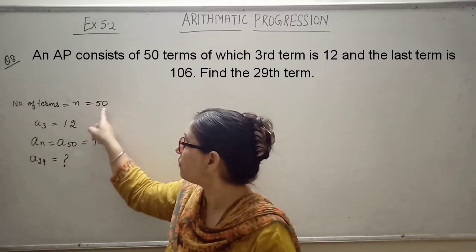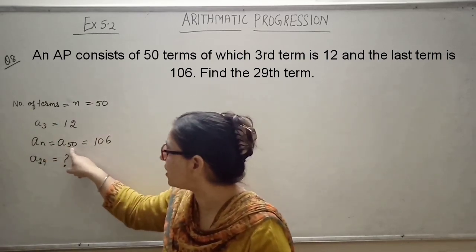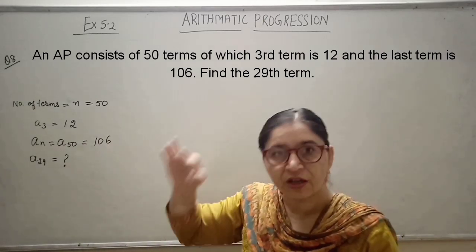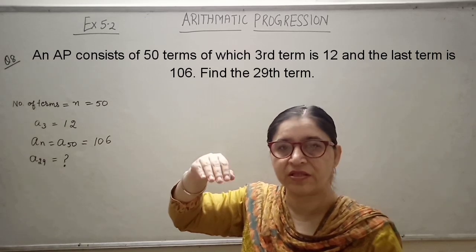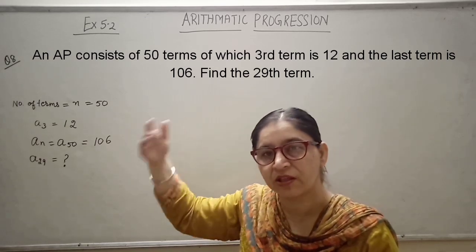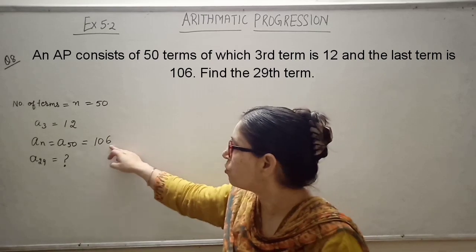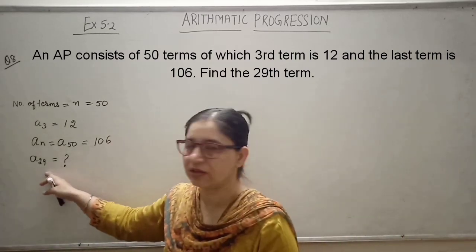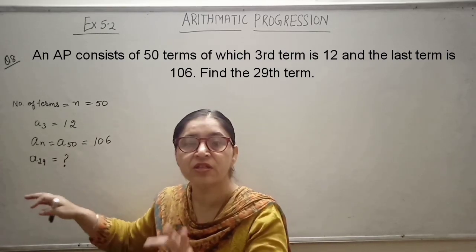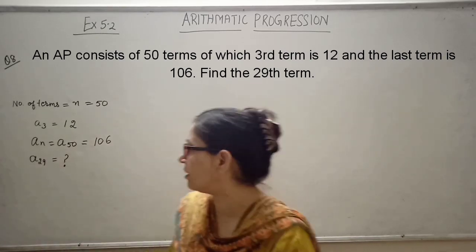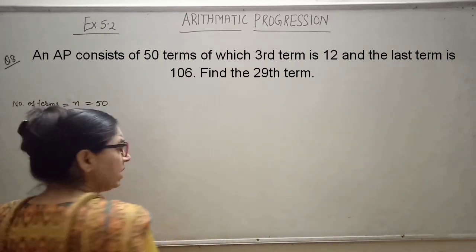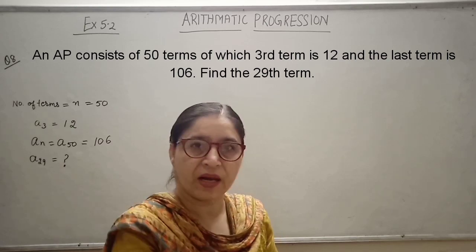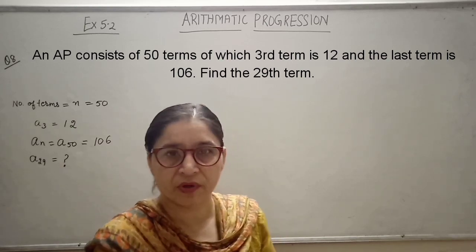But n is 50, so an is A50, which is given to you as 106. Means as we go through the first term, second term, third term, and reach the 50th term, its value is 106. And you are to find out the 29th term, what is the value of that term. Students, I have given you a hint in my last video also that whenever you have been